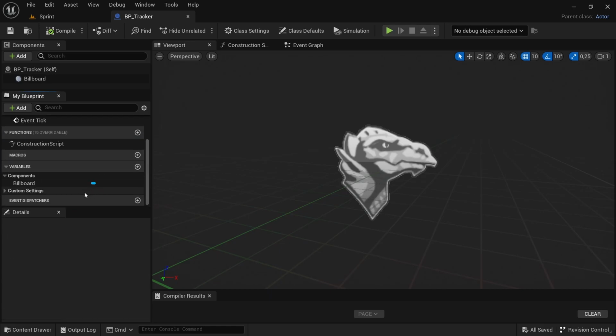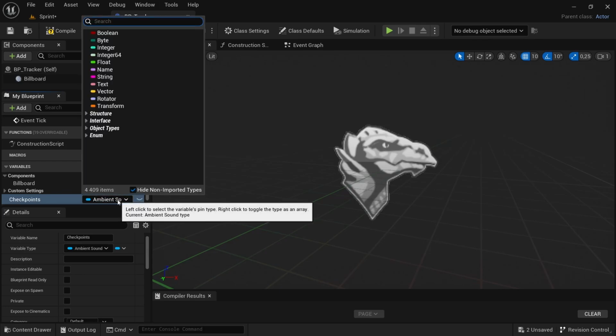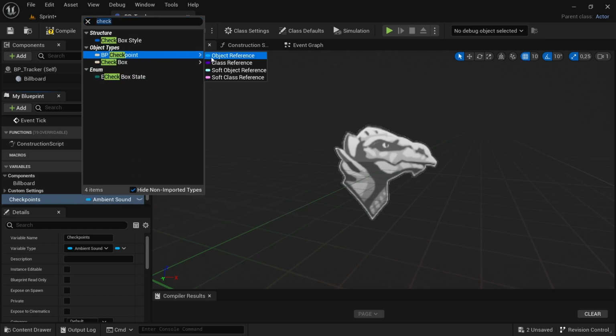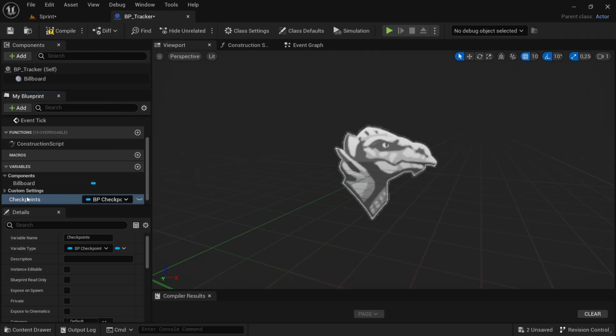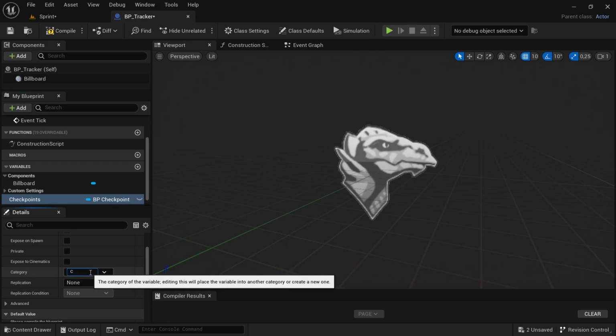Collapse the custom settings and then click on the new variable. The new variable, we're going to call this checkpoints, and then this variable will hold all the checkpoints for the level. So we're going to be adding all the checkpoints in this one variable, and then we're going to need an object reference to the BP checkpoint. And then over at the category, we're going to give it its own category. We're going to call this checkpoints as well,